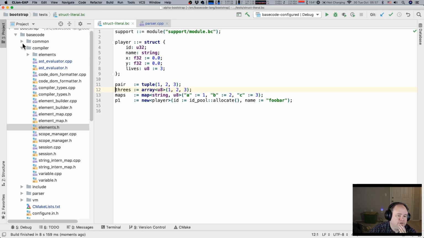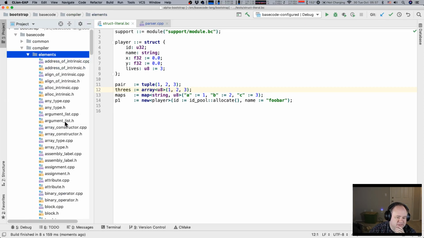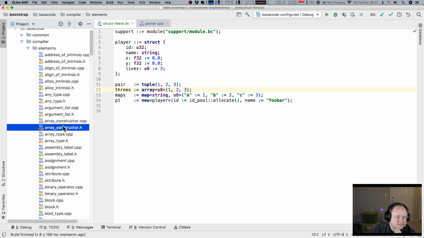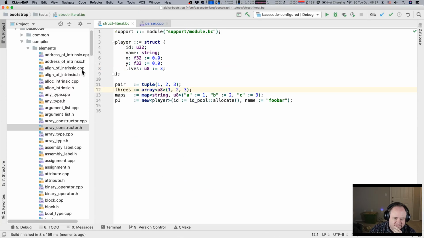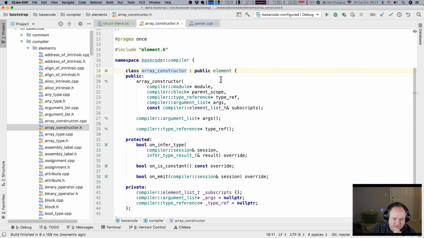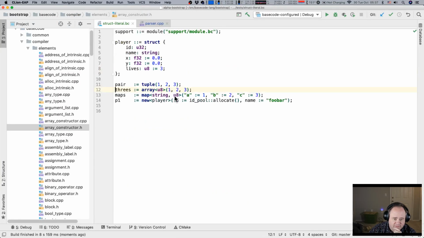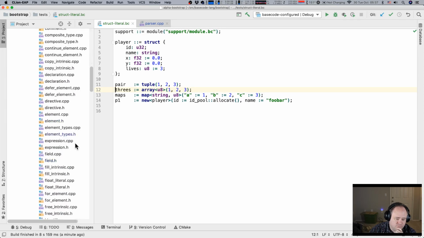Oh, I think I called it array constructor, which I want to rename now because that doesn't make much sense. Yeah. So this is really like the array literal here. And the tuple would be the same thing.